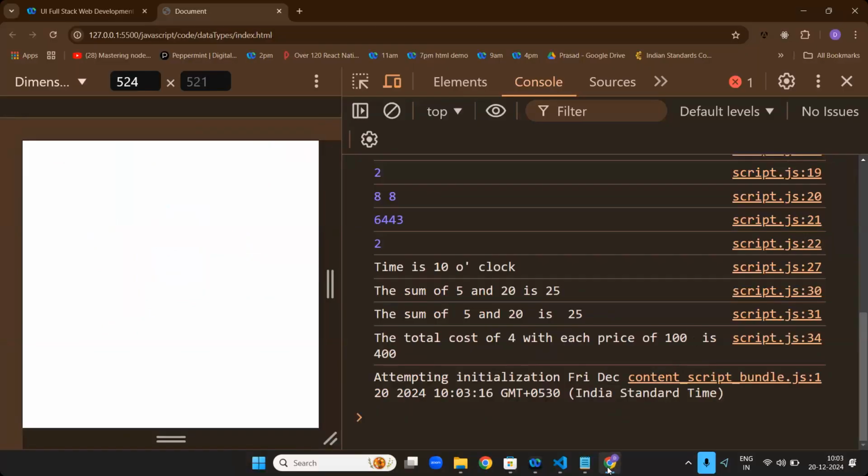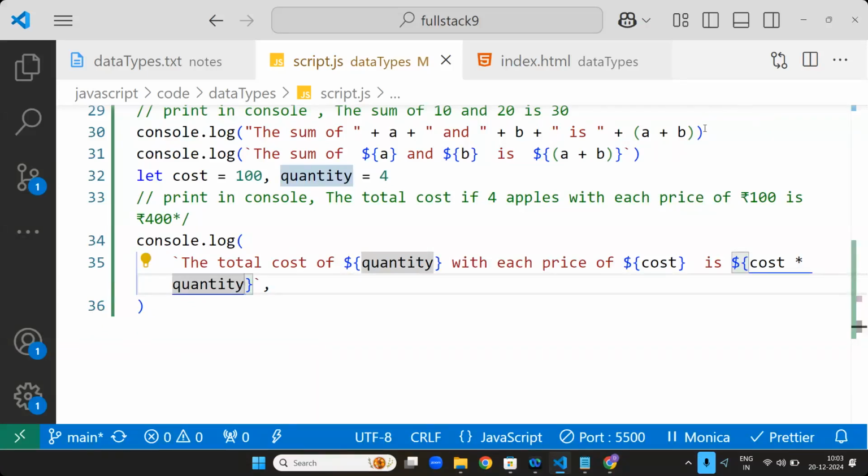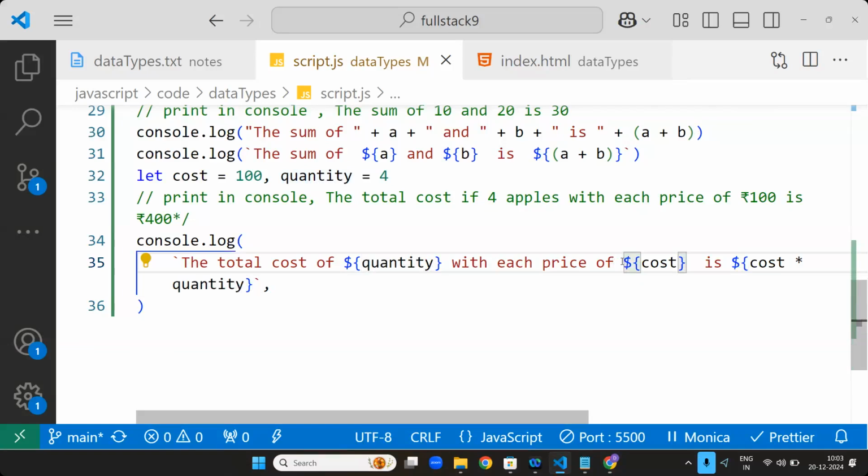If you want the rupee symbol, press Control Shift dollar. If you want the rupee symbol to print here, I will print this. Control Shift dollar. Then the answer will become